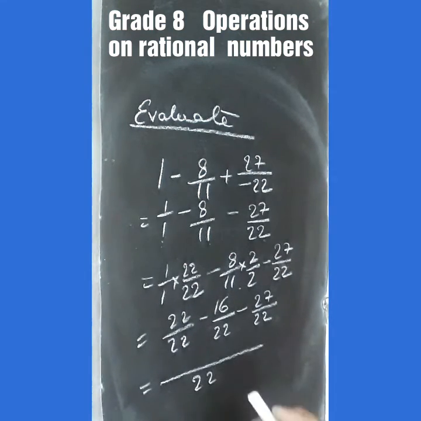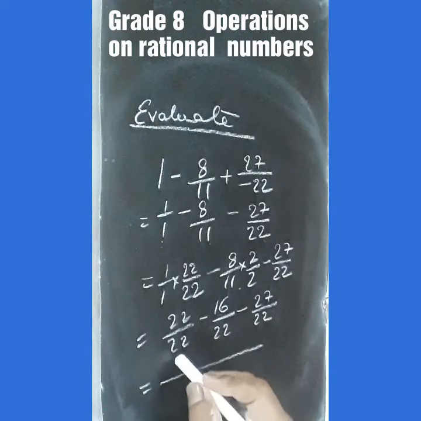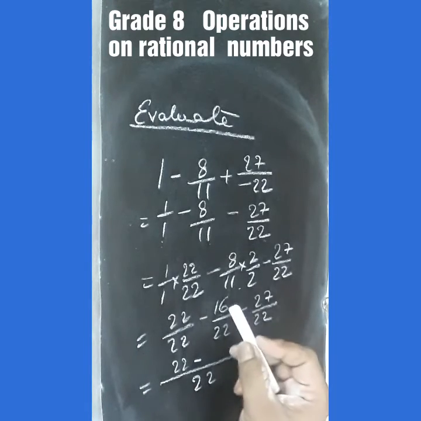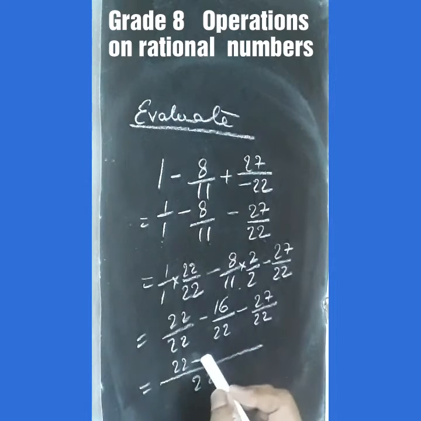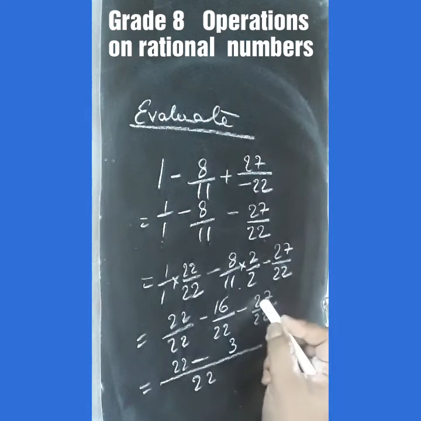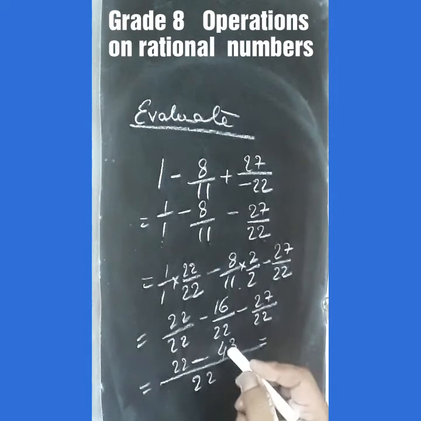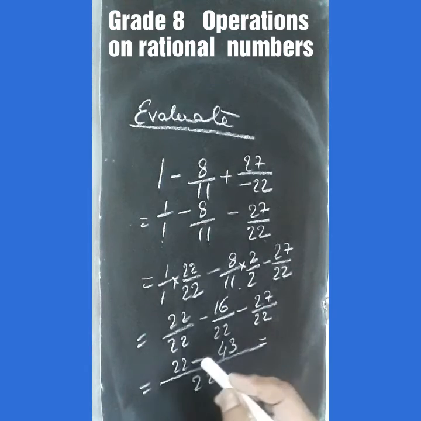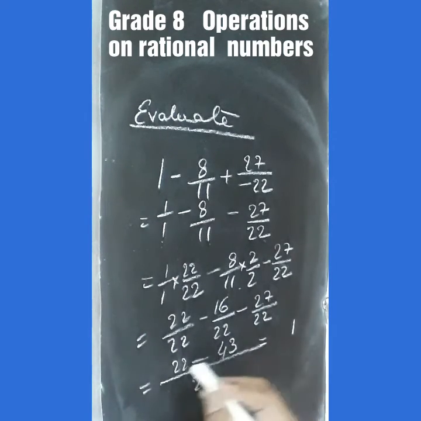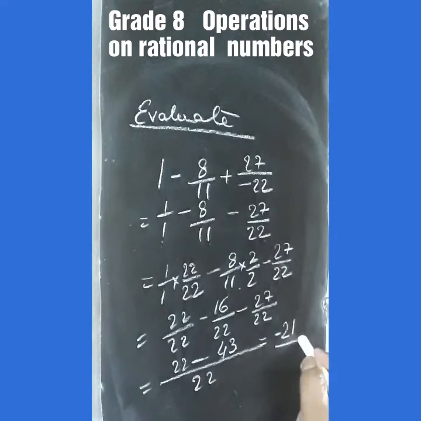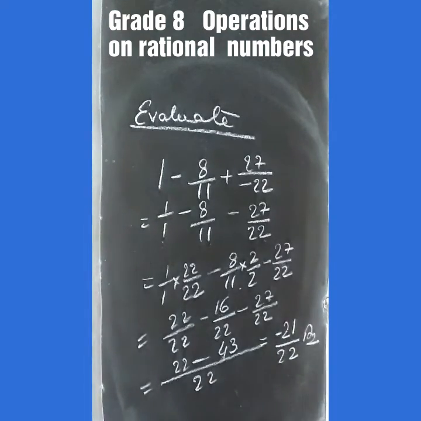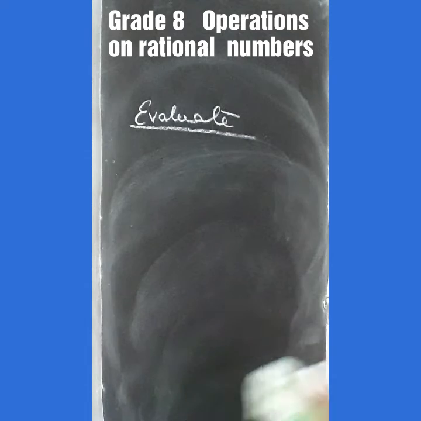22 we have written here. Now these both are negative. Since both are negative, we will add them and write the common sign here. 6 plus 7, 13. 2 plus 1, 3, plus 1, 4. Now we have one positive and other negative. We will subtract them and write the sign of the number with greater absolute value, that is the sign of this one. When we subtract this from this, we get 3 minus 2, 1, 4 minus 2, 2 with minus sign upon 22. This is our answer.